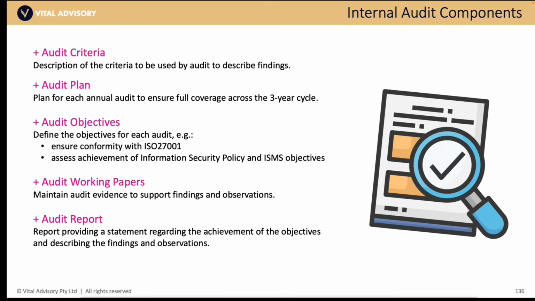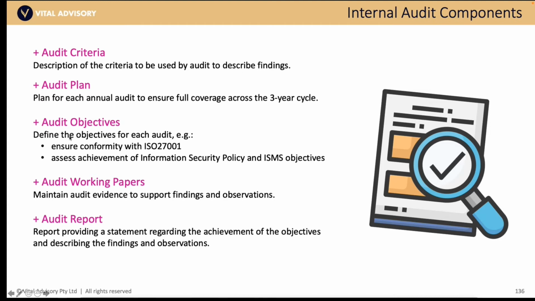If you're in the process of developing one, you can work with the audit team here on a few things. One is the audit criteria. In other words, what's the criteria that the audit will use to measure their findings, to report back to you? The audit plan, what's the cycle look like? In a standard certified ISO 27001 implementation, it's a 3-year cycle where the ISMS clauses 4 to 10 are done annually and the controls are done typically on a risk basis, but done fully every 3 years. You may want a different model than that, but whatever model you want, just make sure it's focused on the things that matter.